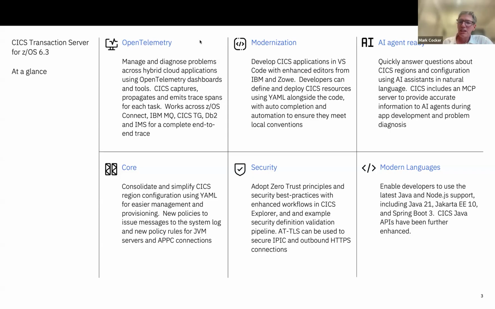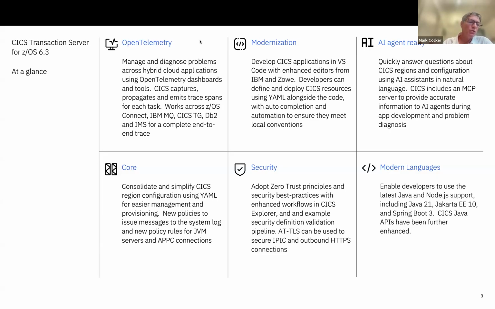On the security side, in 6.3, we're building on the concepts around zero trust, and we've been fine-tuning the experience in the tooling, which is in CICS Explorer. In particular, we've got some great enhancements there around providing a to-do list.